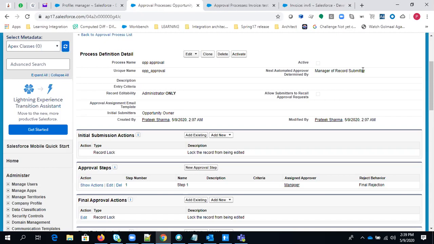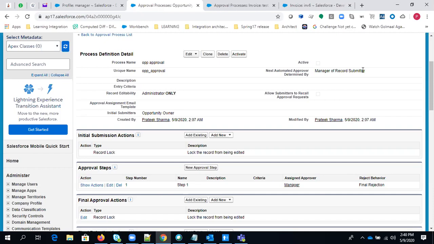What is a queue for? A queue is just a collection of records, a collection of related type of data, and it is viewable by a different set of users. They can change the ownership. So right now, if you are assigning something for approval, they will make themselves the approver and they will reject or approve the record, right? But we are using the queue for the assignment. So the record will be assigned to one of the queue members. It will not be assigned automatically. It will be viewable, so the queue members do that manually.